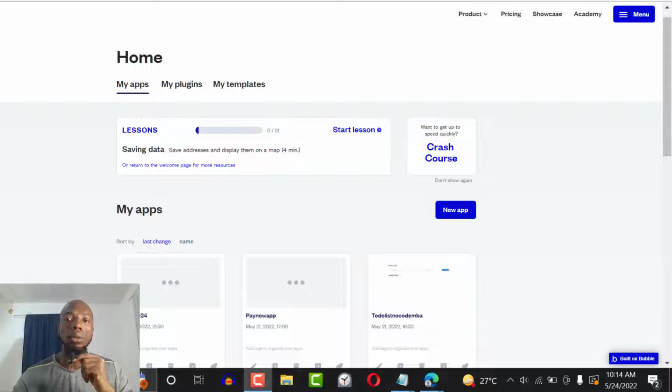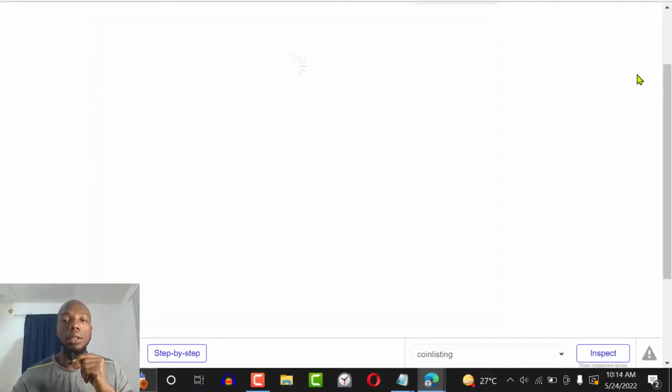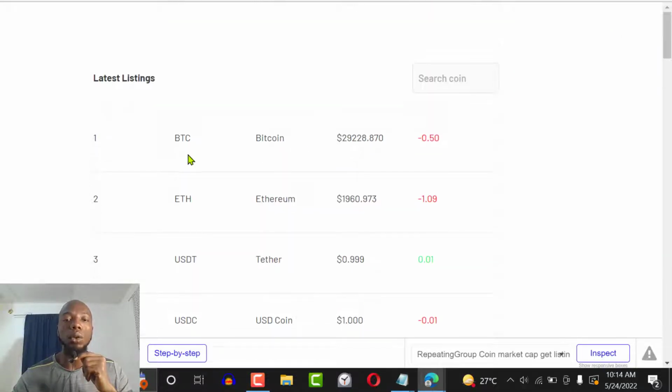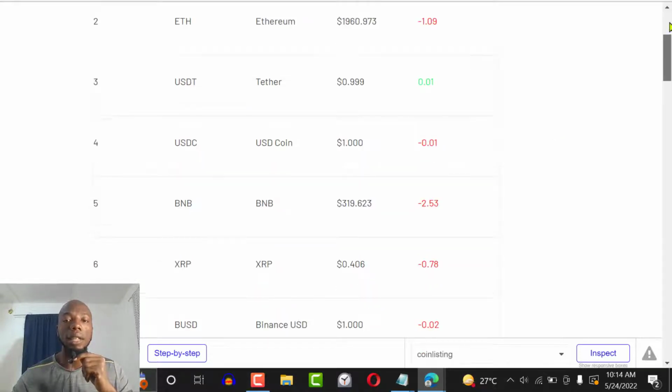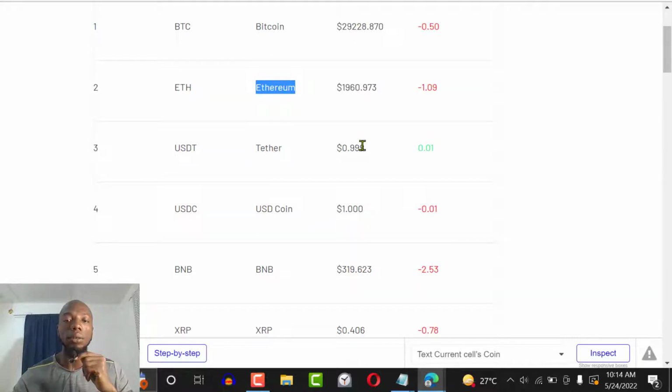So let me show you what we're going to be building in this lecture. This is an app that is collecting data from CoinMarketCap. It shows all the listings, and every 1 hour it does update, and it shows the current price of cryptocurrency. For example, this is the current price of Bitcoin, this is the current price of Ethereum, this is the current price of